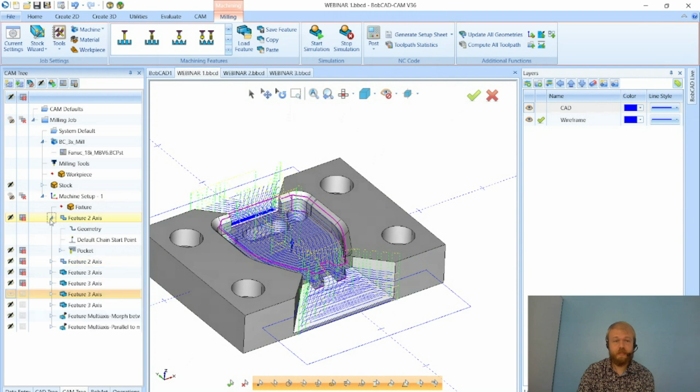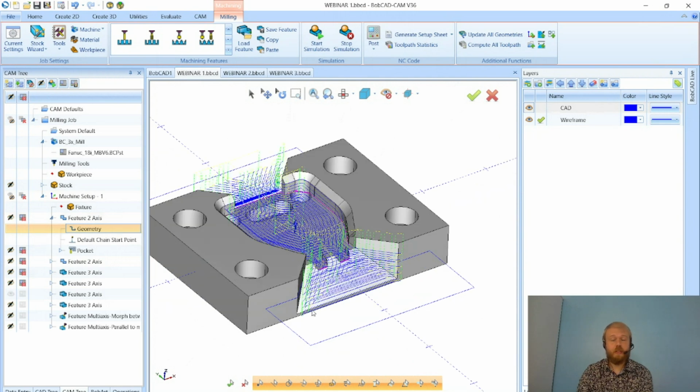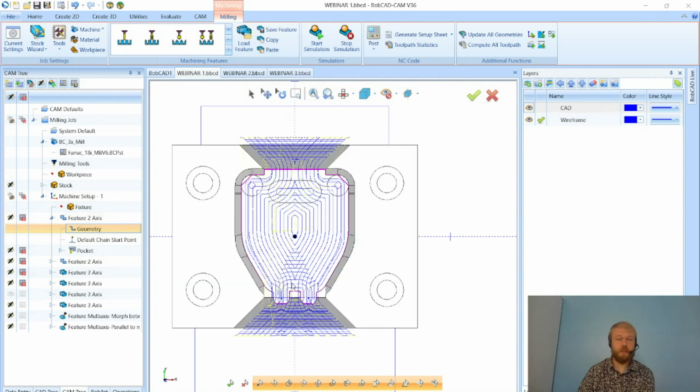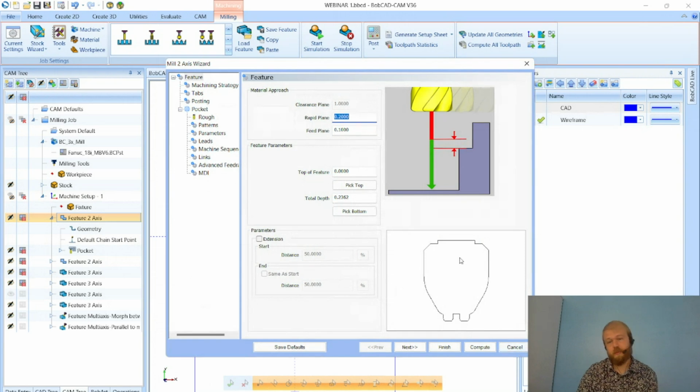The 2-axis features' geometry selection is going to be either surface edges or wireframe, and it's all in a 2D sense, as if we were looking at it from a top view here. You can see the geometry selection here, a preview of it,